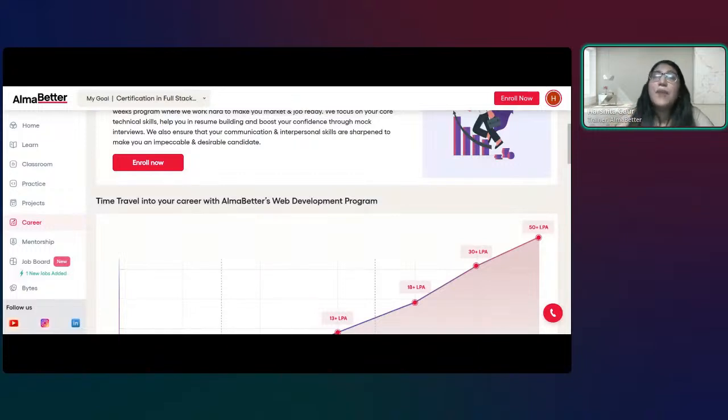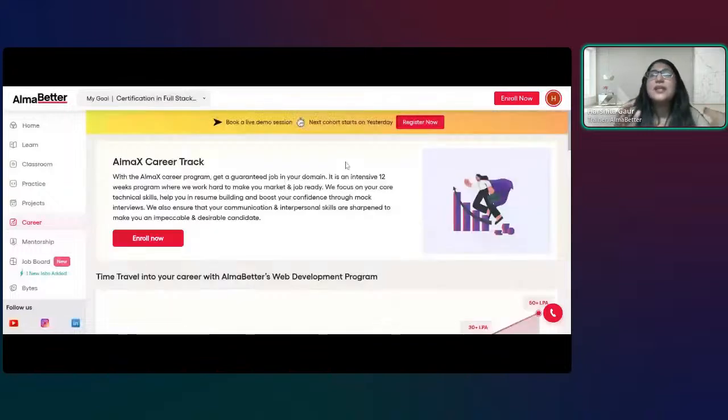When it comes to the masters, if someone is going with the masters program, right? The master's we are offering you is from one of the top universities, the Wolf University, right? So it is a 12 months masters we are providing you. For the 12 months masters, you have to complete the 100% program, and once you have completed the 12 months program, then only you can start with placement.